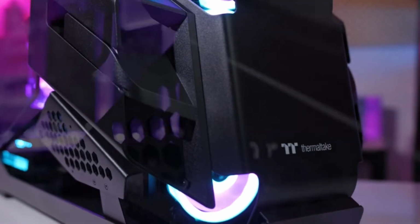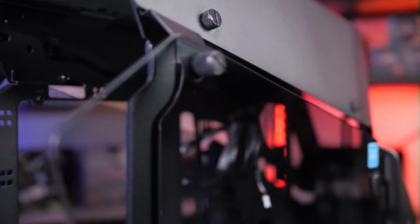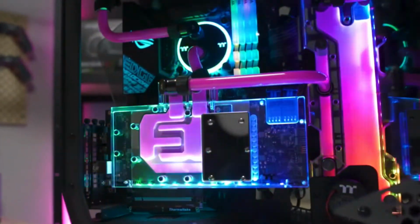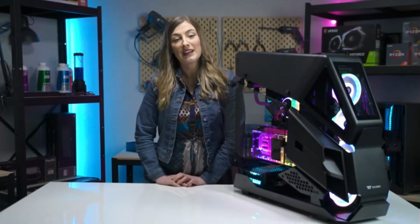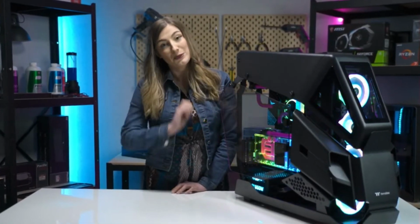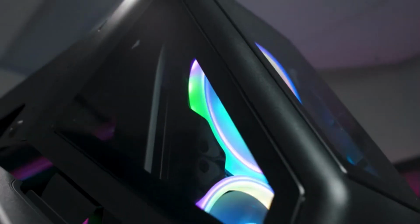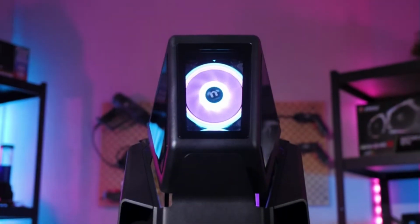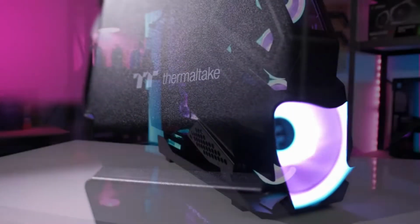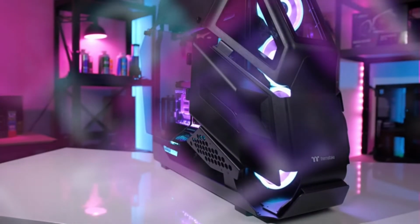On top of this, it comes with two gorgeous 5mm tempered glass hinge panels on the left and right side of the case. This type of glass is more durable and scratch resistant than standard acrylic and ensures that your hardware is visible from every angle. There are also three smaller 3mm tempered glass windows along the front. This case has a fully open frame design, ensuring that airflow within the case moves smoothly and keeps your PC